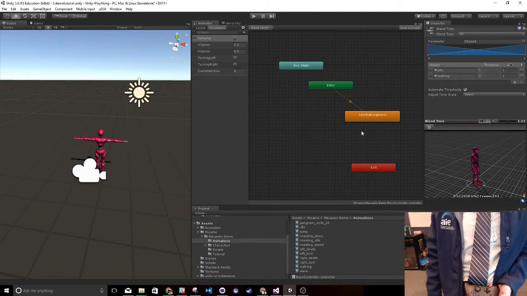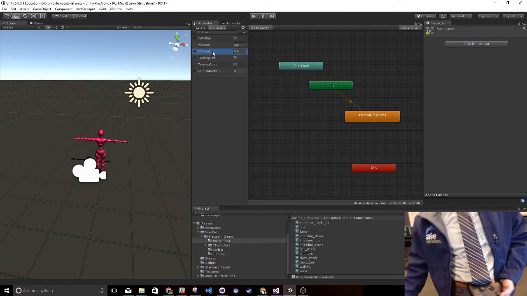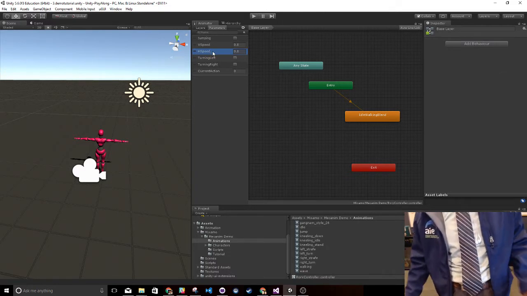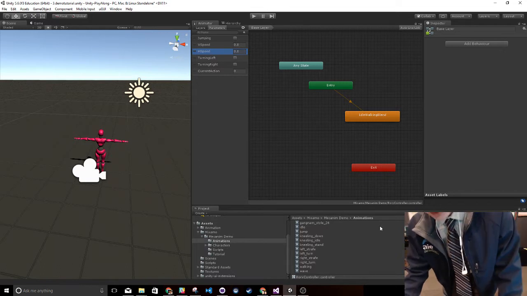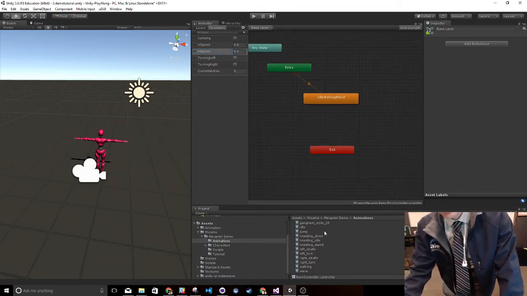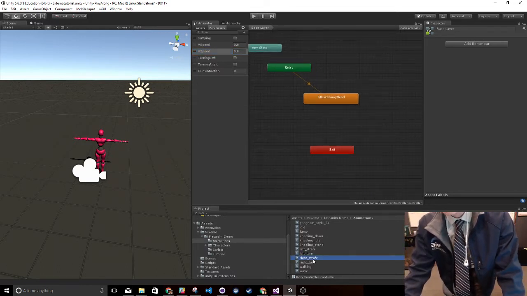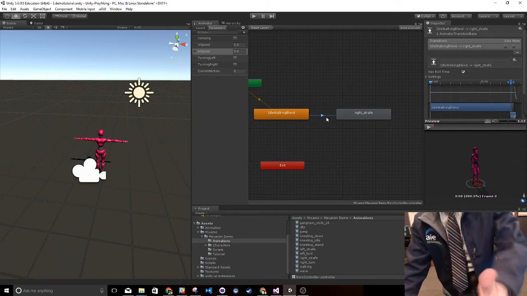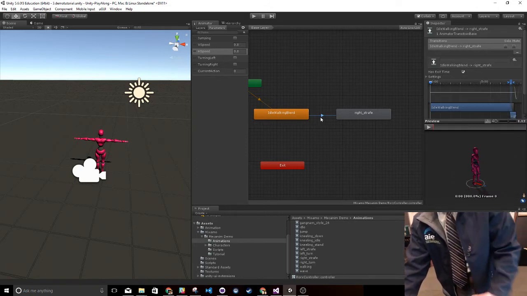So whenever this value, the horizontal speed, is positive. All right, so that's what's up. So we'll add one state right here. You can just drag animations in here. Okay, so now we have this. And then you make a transition from the idle place where you were to this guy. And then whenever you click on the actual transition,